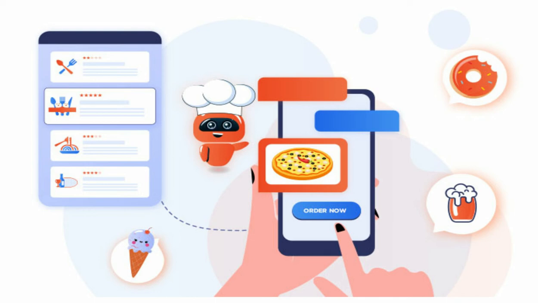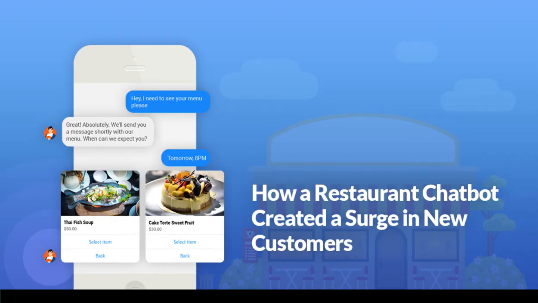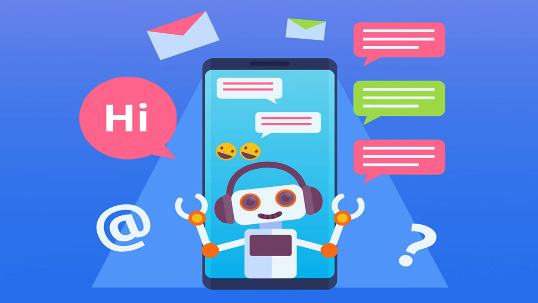So just imagine a scenario where you own a restaurant, and people like your food, and most of your revenue comes in through food delivery. When the demand for food goes up, when the number of orders rises, you will have more customers to take orders from. And suppose you have very few staff to attend to them all. In that case, having a chatbot would really eliminate this problem and cater to each and every person, and it will ensure that no order is missed. Each and every order is taken care of, is actually taken, and is actually processed.